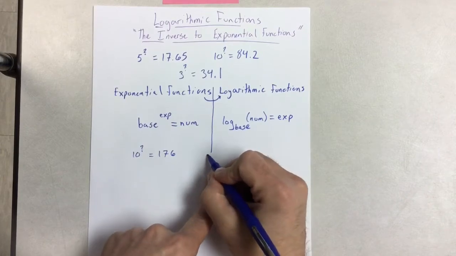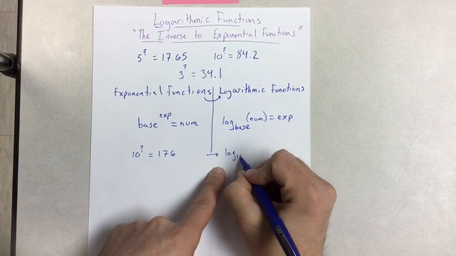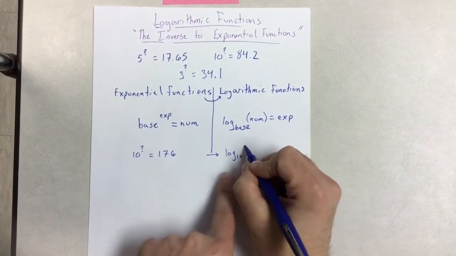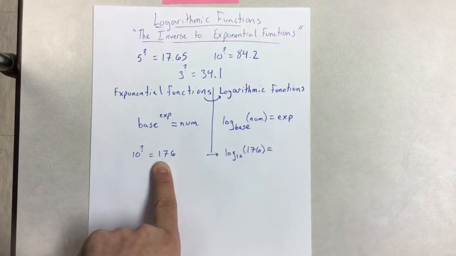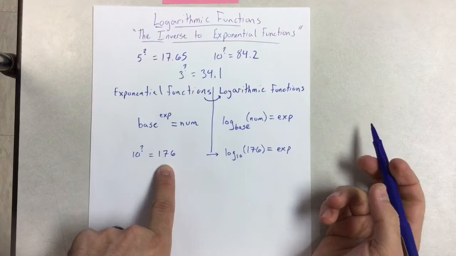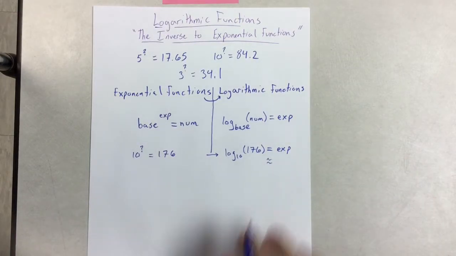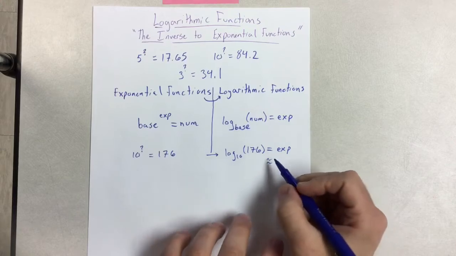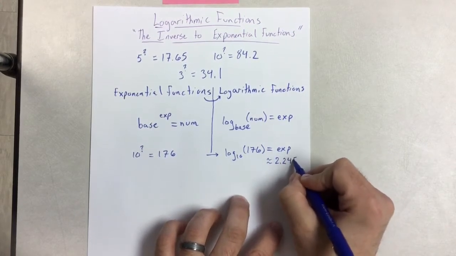Translating it over to logarithmic functions, we have log base 10 of my number that I desire, 176, and what I get as a result is the exponent that would yield this number. And using calculations, I'll explain further on how I'm getting this number, but we get 2.2455,